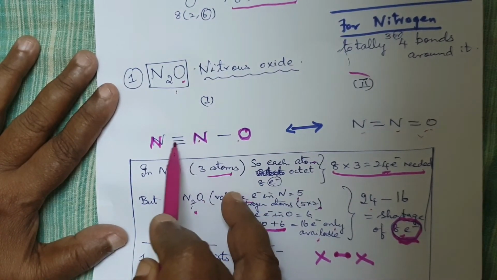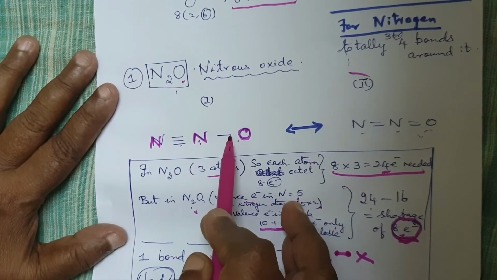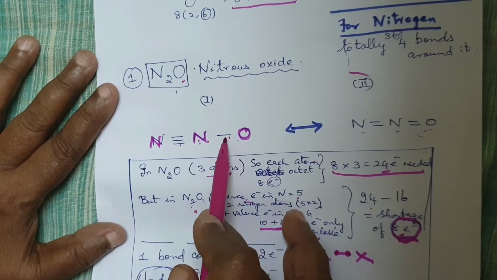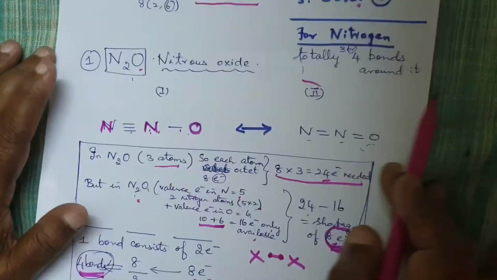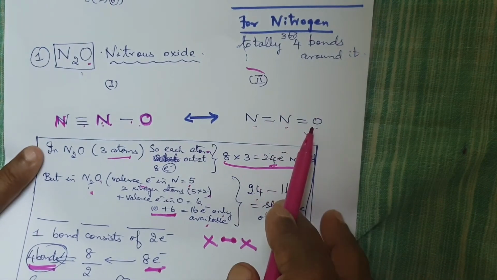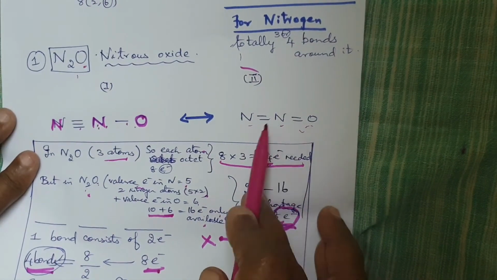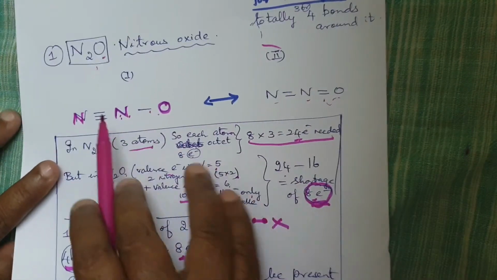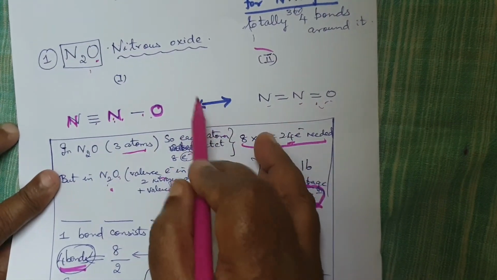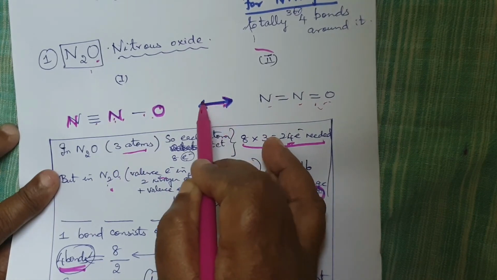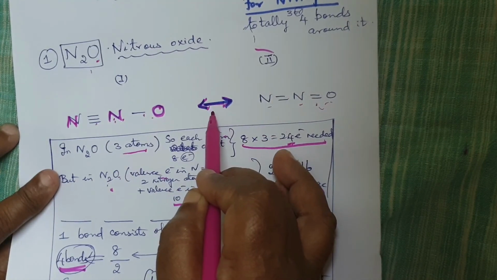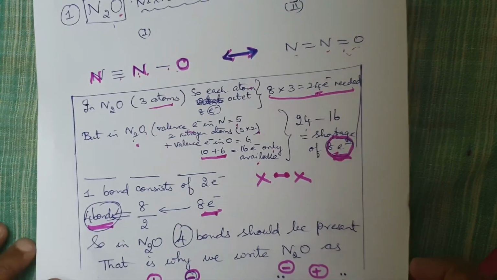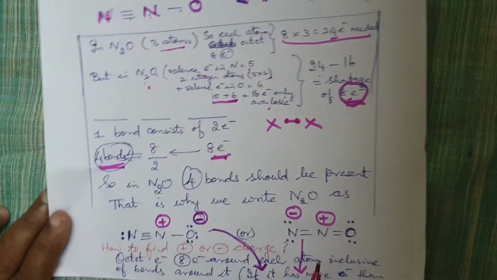So I will put 3 bonds between the 2 nitrogen atoms and 1 bond between nitrogen and oxygen, totally giving rise to 4 bonds. It can also be written as N double bond N double bond O. Again, you have 4 bonds around it. Now, after having written this, both these forms are possible. So these you represent as canonical structures or canonical forms or resonance structures by putting a double-headed arrow. Now let's find out